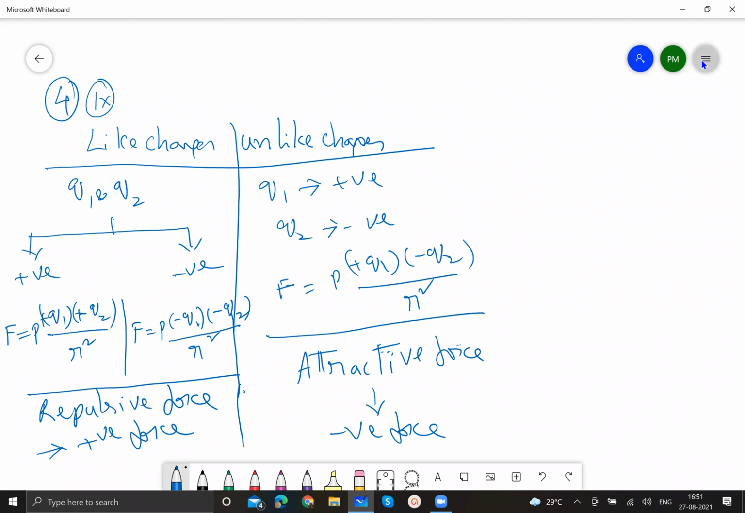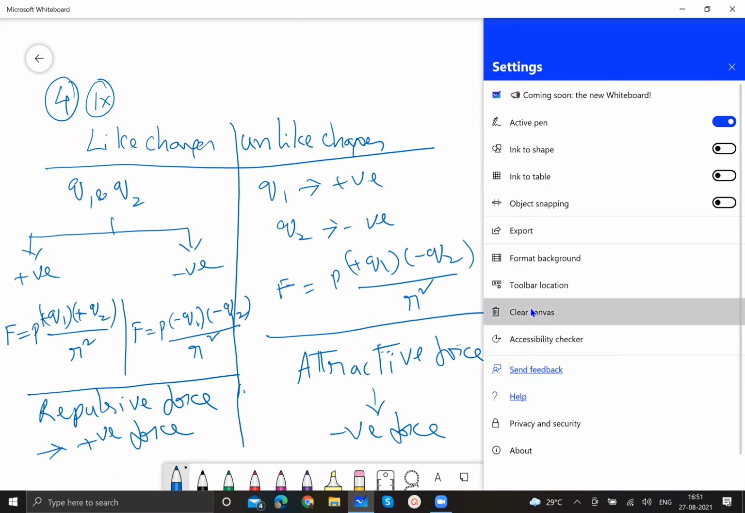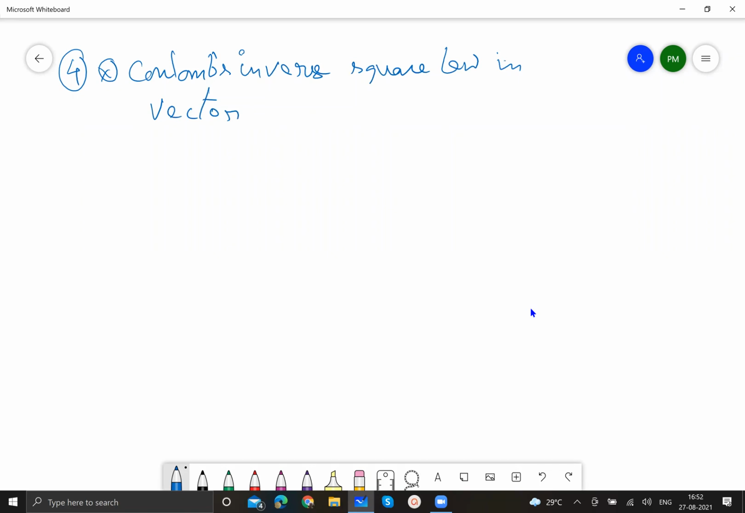Then the next and very important, Coulomb's inverse square law in vector form. Because force is a vector, you should be able to express the force expression, whatever you are writing, in vector notation. So here,